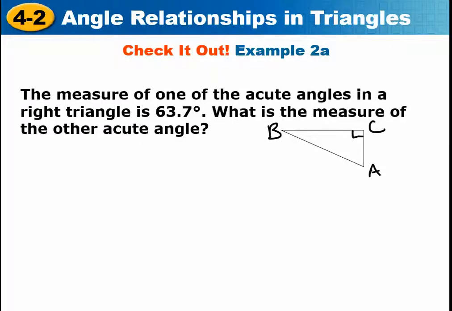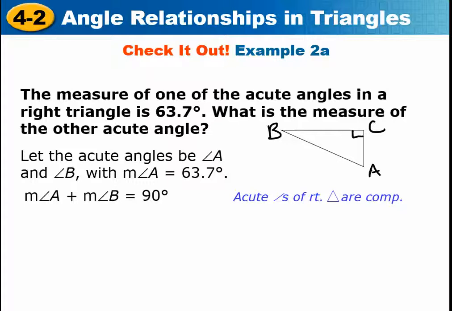Here's another example. This one we might be able to get a little bit more of an answer because instead of giving us x, they're giving us 63.7 for something. It says the measure of one of the acute angles in a right triangle is 63.7. What's the measure of the other acute angle? So we'll let 63.7 be measure of angle A,